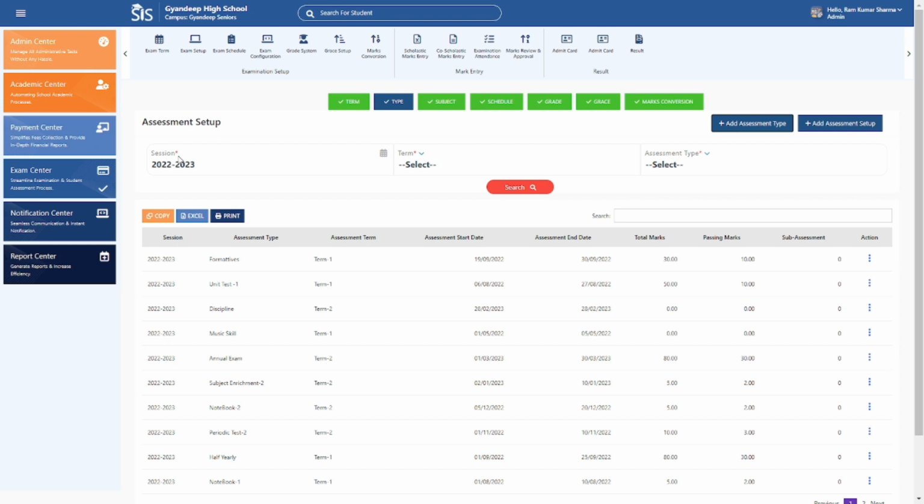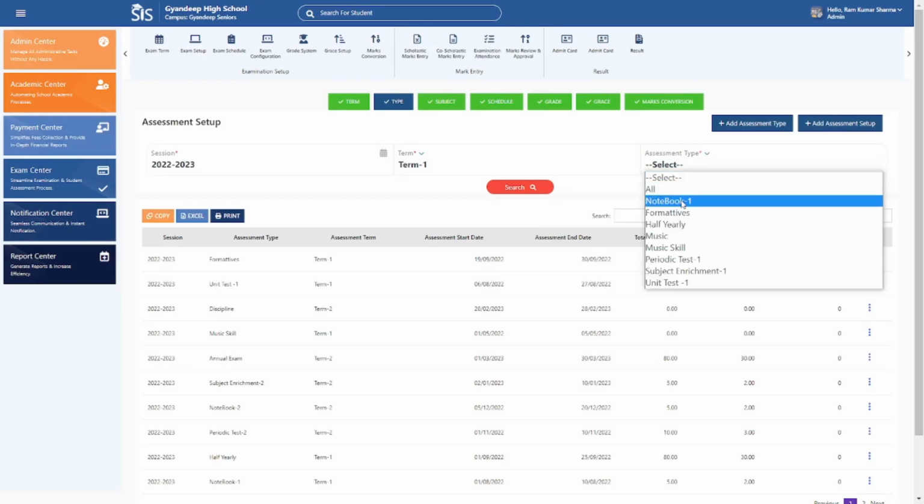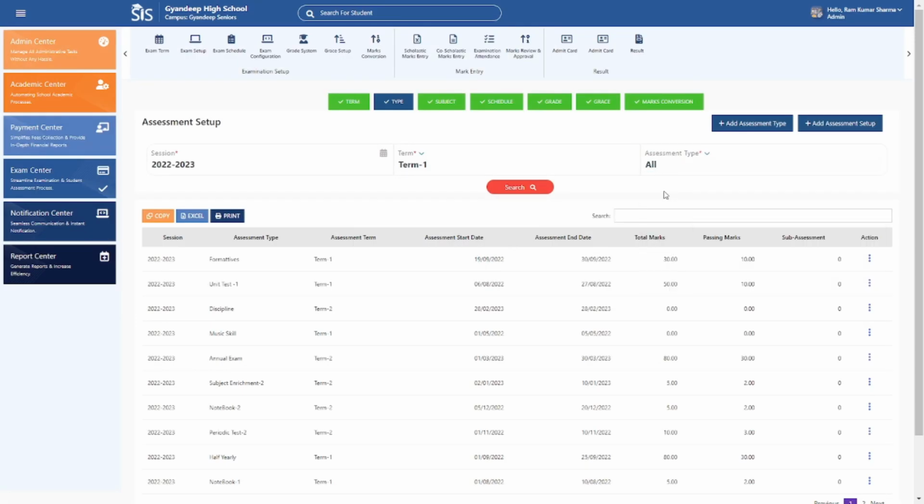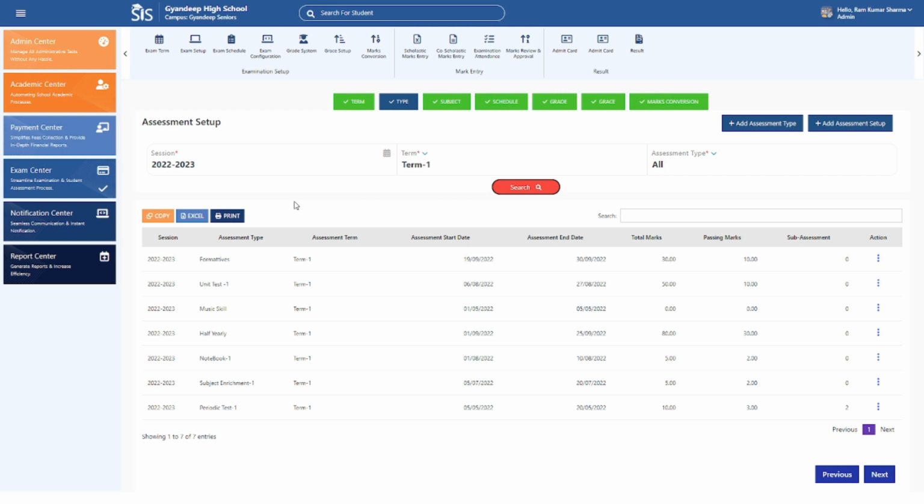Similarly, if you want to check the assessment setup, you can select the session and the term. For example, I want to check the assessment setup of term 1, so I click on term 1. The assessment type can be all, as I want to check all the assessment types. Now, if I click on search, you will get to see the details like session,